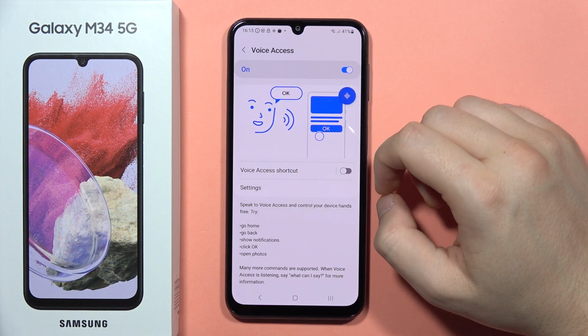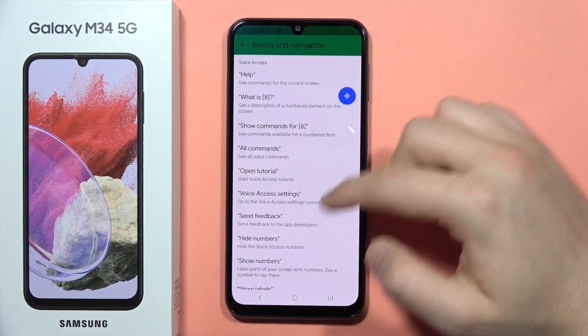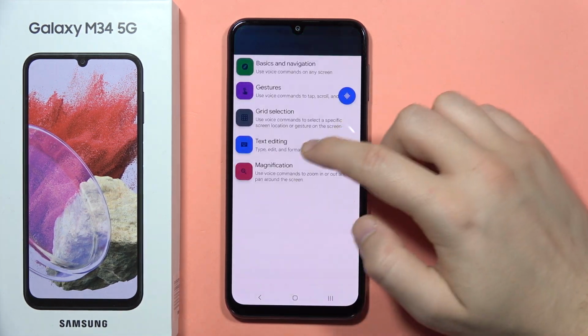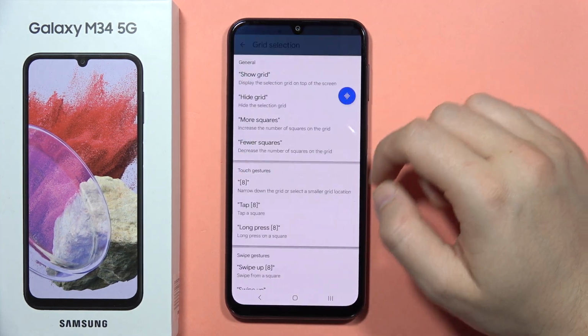to start it, I can recommend you to go to the settings and view the voice access commands. So here you can find the list of all commands that you can actually use. So it's really useful because you will know right now how you can navigate and what exactly you can do